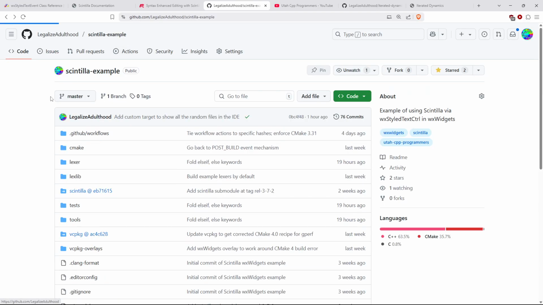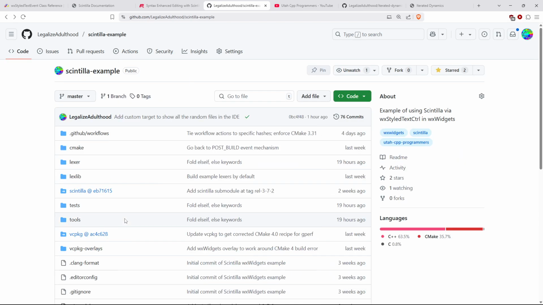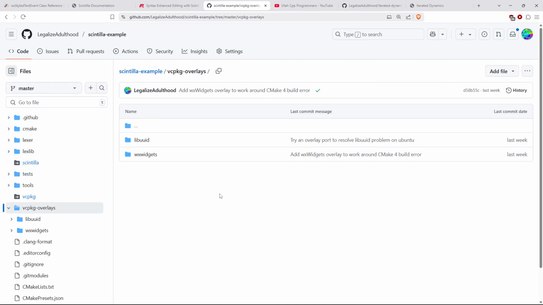So when you run the build, compile, test cycle on the GitHub machinery, they updated the images for all those runners for macOS and for Ubuntu and for Windows. They updated CMake to CMake 4.0. And a bunch of the packages in vcpkg hadn't been updated to work with CMake 4.0 yet. So I had in here what's called an overlay port in